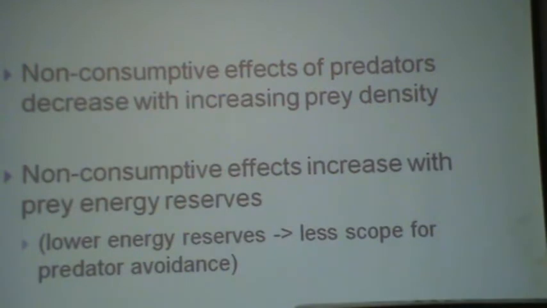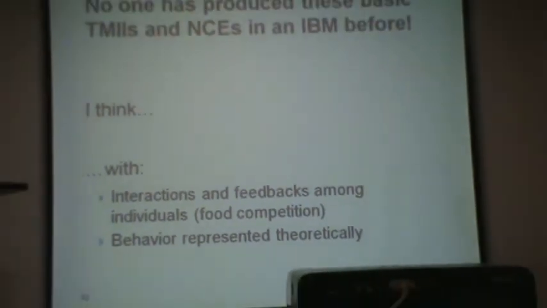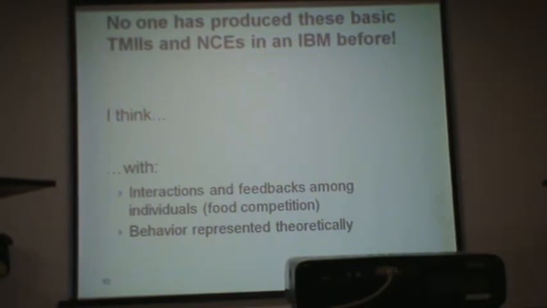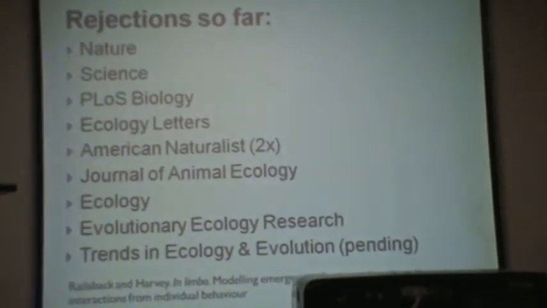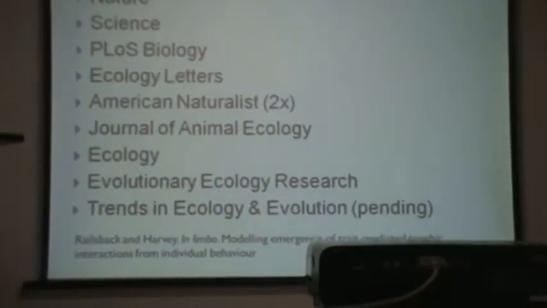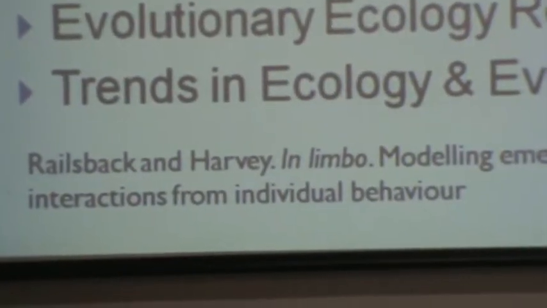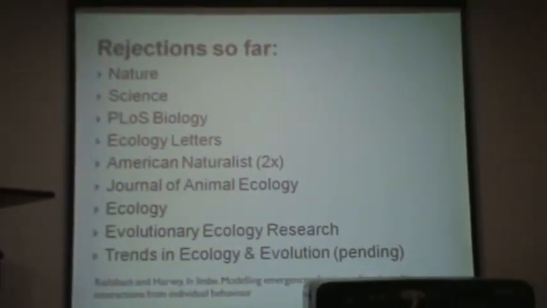So we could reproduce those patterns and several others, and we thought that was really cool. That this was like one of the most exciting things that we've been able to do with our individual-based models. And so these are all the journals that it's been rejected from so far. You can see it, let's see, American Naturalist twice. Yeah, and it's currently pending, the rejection is pending at the